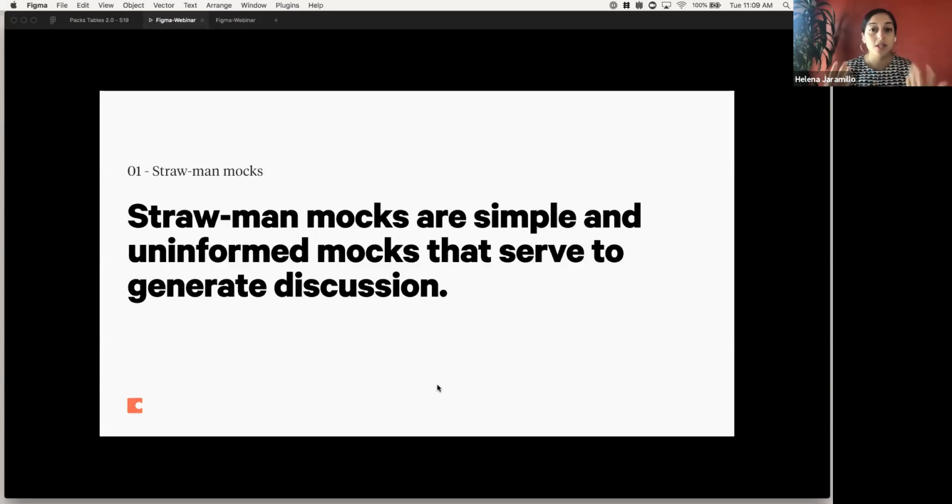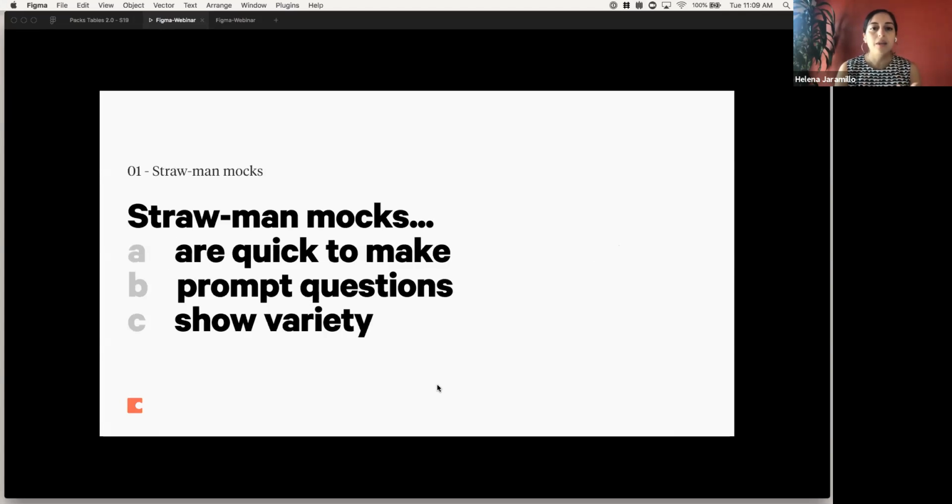They can be super simple and fairly uninformed, and the idea is that they should be very quick to make. You don't want to spend a ton of time on them because oftentimes your ideas at this point will have a lot of misconceptions. A lot of things will be wrong, and that's totally okay. They should ask more questions than they offer solutions. That really is the purpose of them.